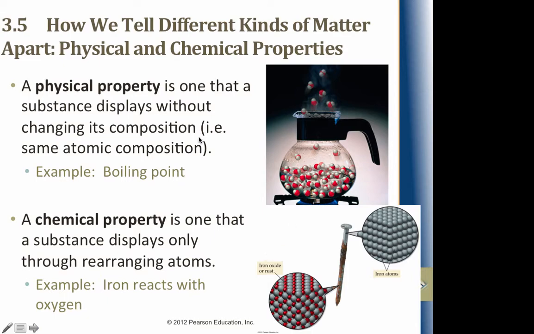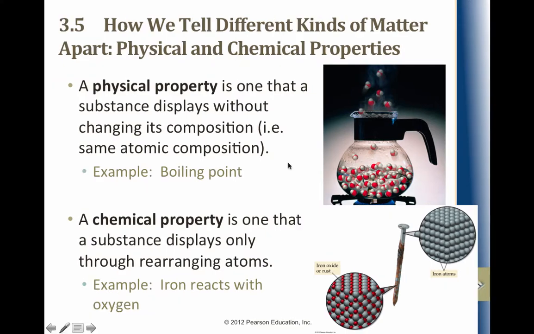So what we have here is a graphic saying a physical property is just deciding what the characteristics are of that material. Now, it might not just be a pure element. It could be a compound. Here's water. So we know that water can be a liquid or it can be a vapor. So you have a tea kettle here, and as a liquid, the water molecules have weak bonds between themselves. It's called hydrogen bonds. Or you give it enough energy so that they become steam, gas molecules, but it's still